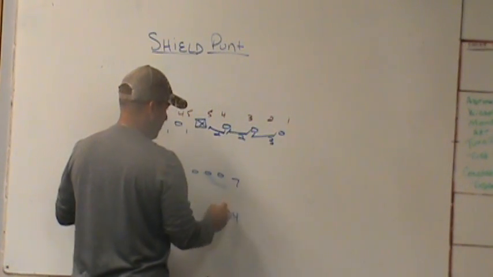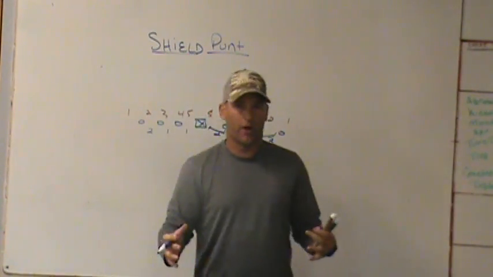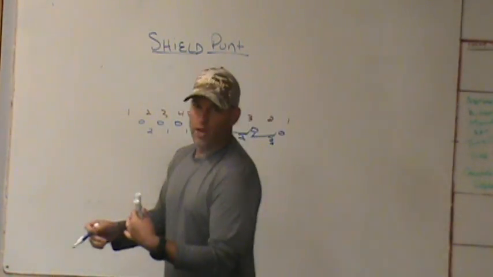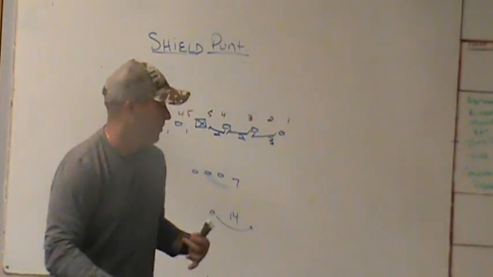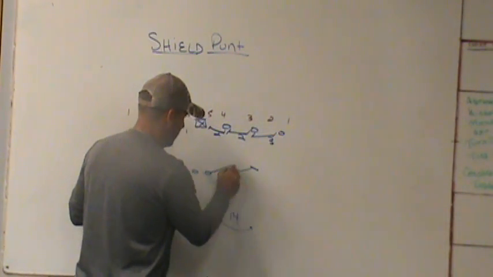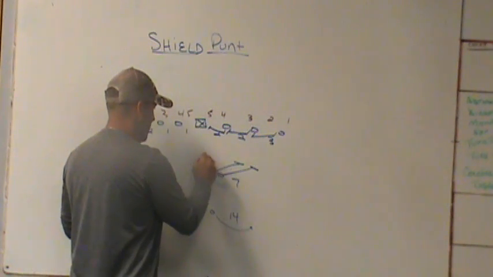And now when we rugby punt, we're going to roll to our right, and the punter needs to get it off in 4 steps. So the punter going to his right needs to be 1, 2, 3, 4, punt the ball. Your right shield is going to take care of number 1. Your personal protector is going to take care of number 2. Your left shield is going to take A-gap